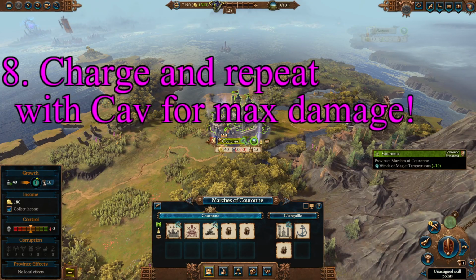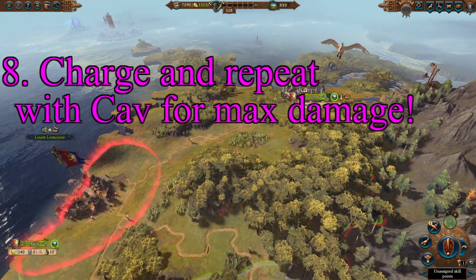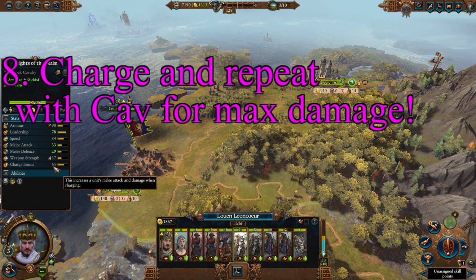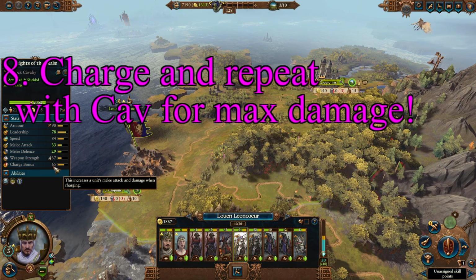Tip 8, charge and repeat. So this is a slightly more advanced one, and it's the only one I'm not going to show here. Your cavalry gets a huge charge bonus. The charge bonus only lasts a certain amount of seconds in melee combat. This means to maximize your cavalry damage, you want to charge in, wait till the bonus fades or starts to fade, pull them out, get them far enough away they can do another charge in